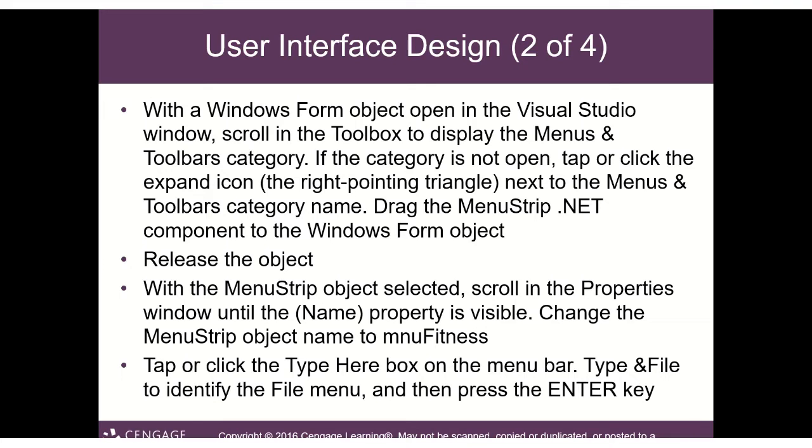So basically you have to go to the toolbox, menus and toolbox, and you have to pay attention to the .NET components. So what you should do, you should drag and release the object on the screen. The menu strip object will be selected and scroll in the properties window until the name property is visible. Then you change the menu strip object name to